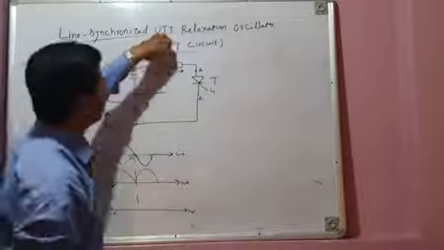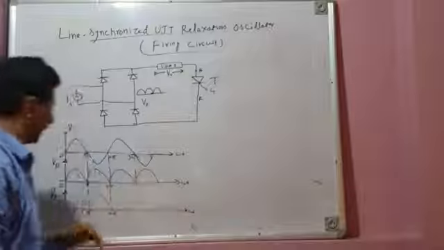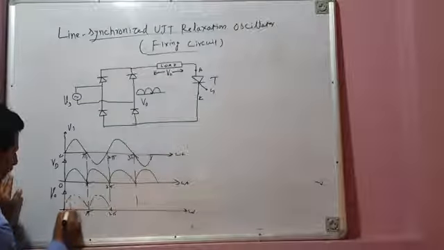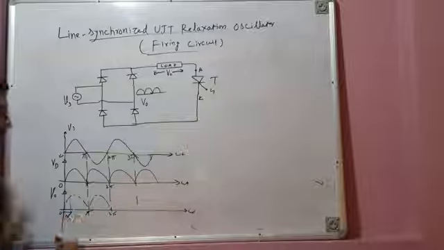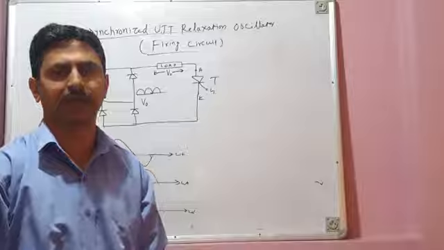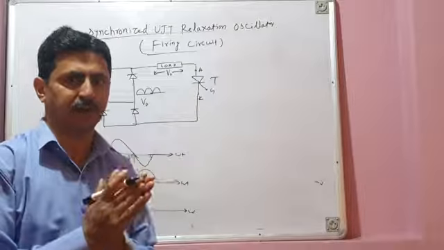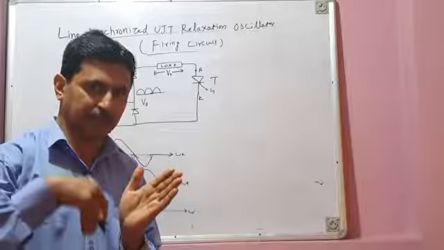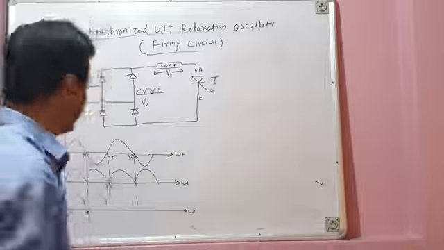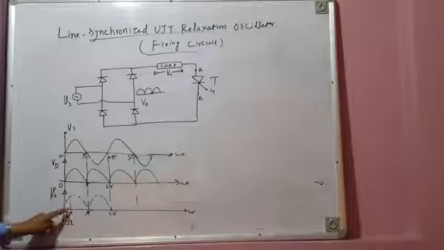If I want less average voltage, DC voltage across the load, I delay the firing of SCR. For example, I fire SCR somewhere here, alpha. Alpha, I have already told you in the last lecture, is called firing angle or delay angle. It is the angle at which an SCR is fired, or the angle by which the firing of SCR is delayed. That's why it's called delay angle. Let us suppose the firing pulse is given to SCR here.